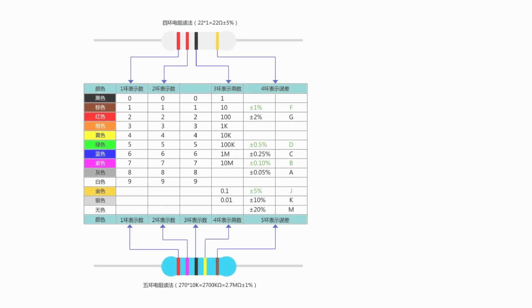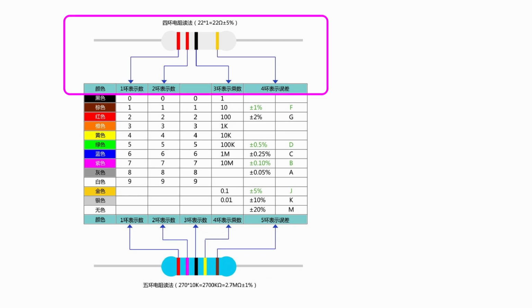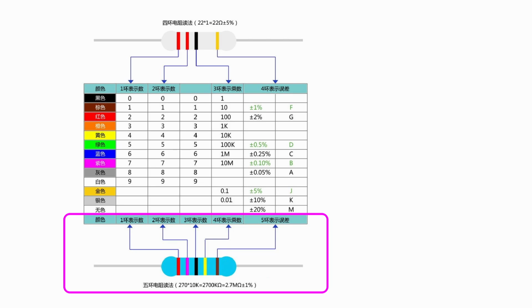A resistor is one of the most fundamental components in electronic circuits. Its main function is to limit the flow of current, and its unit is the ohm. The resistance value is usually represented by color bands, with common types including 4-band and 5-band resistors. In a 4-band resistor, the first 2 bands represent digits, the 3rd band represents the multiplier, and the 4th band represents tolerance. In a 5-band resistor, the first 3 bands represent digits, the 4th band represents the multiplier, and the